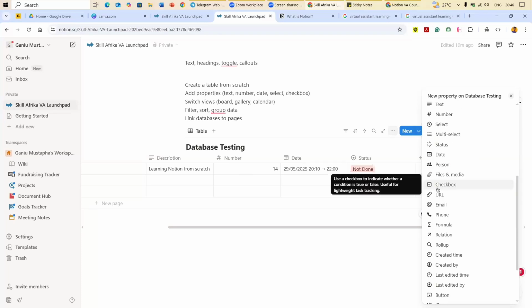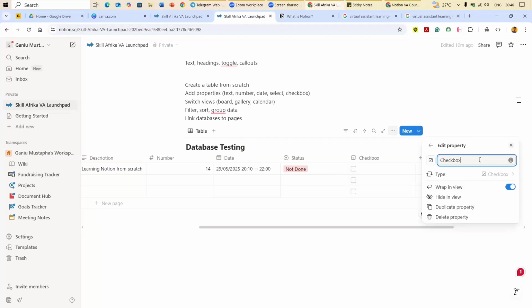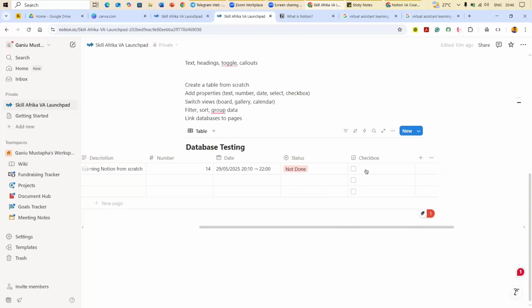This is the checkbox. Checkbox is something that you should be using. Now, this checkbox is going to help you click if this, I cannot explain that one, I have to show you. So this is checkbox. Now, once you click on this checkbox, that means that this is what they should be taking note of. Now that we've added this, the next thing that we're going to be doing is